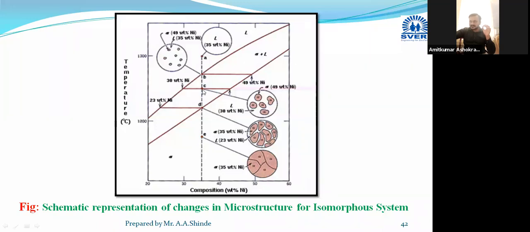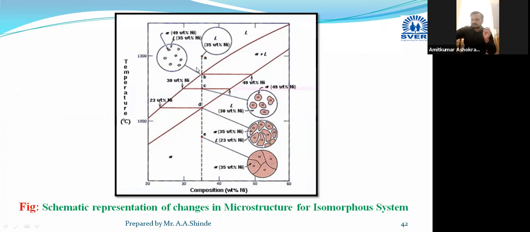And suppose you have reached point C, then the solid amount is a little bit more as compared to point B. And when you reach temperature D, below this point D, whichever amount of liquid is there will get solidified and only solid will be there. Below point D up to room temperature, we have only solid. And as both metals are completely soluble in each other, only one type of solid or one type of morphology you will be able to see under the microscope.